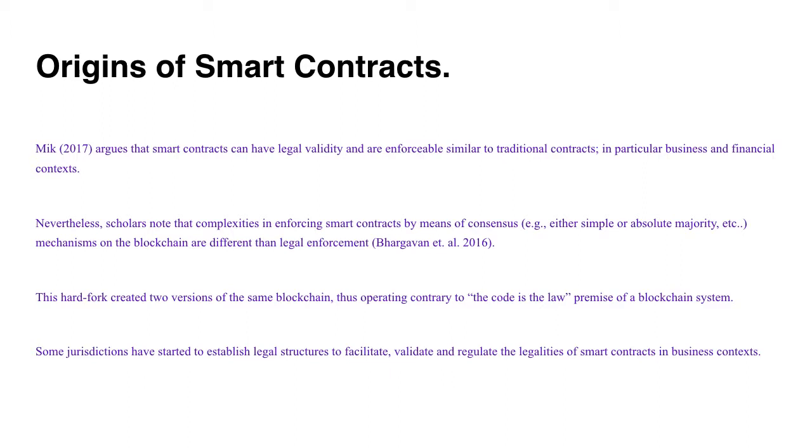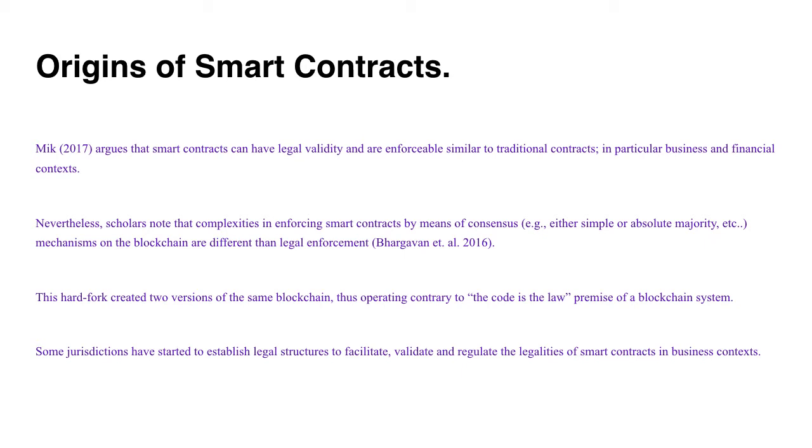So Mick is another scholar. He argues that smart contracts can have legal validity and are enforceable, similar to traditional contracts, in particular in business and financial contexts. Nevertheless, other scholars or other industry people note that there are different complexities in enforcing smart contracts by means of consensus, either